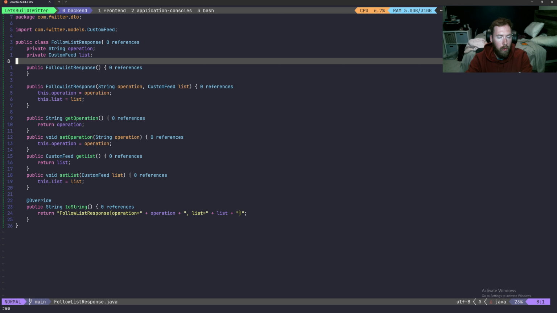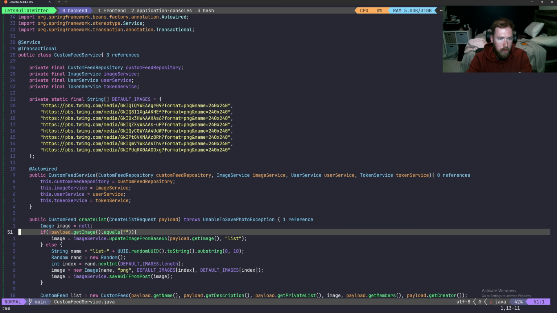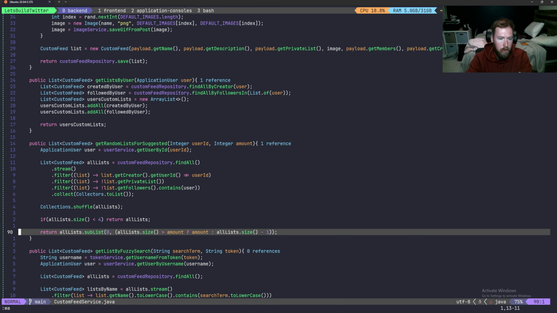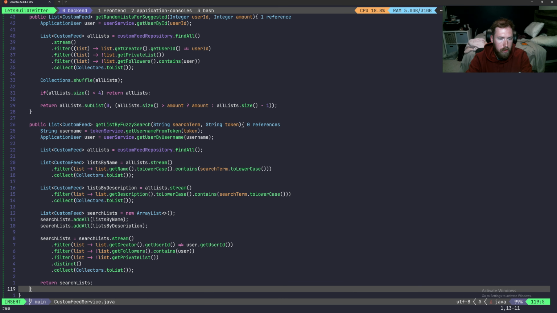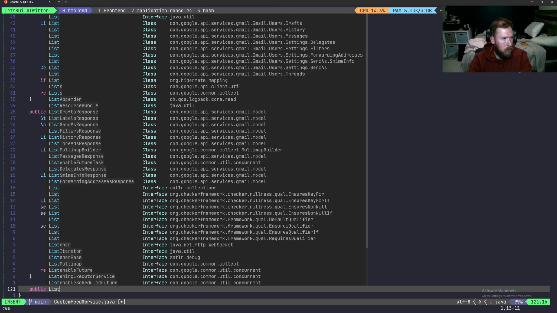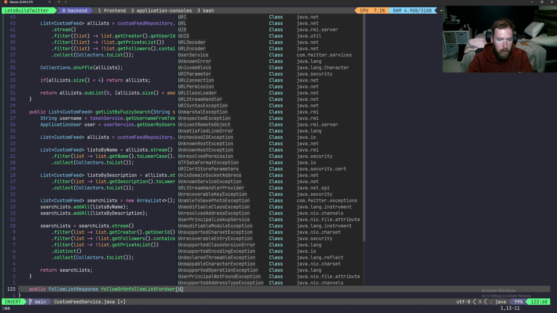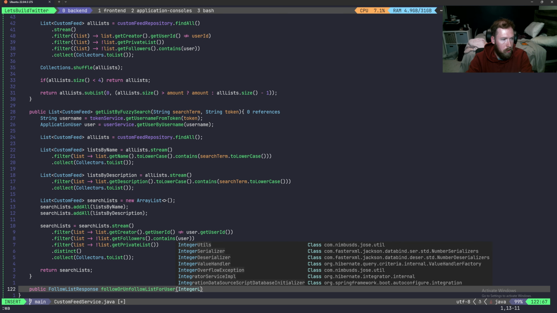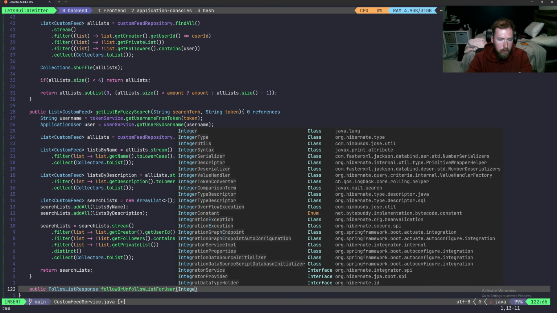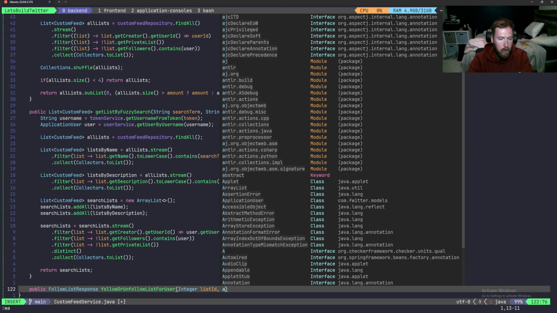So now let's hop into our feed service and set up the logic for following. Let's scroll down. We'll come below where our create list and all that stuff is. Here we're going to have a public, and this is just going to return a single list. Actually, no, I lied. We just made that whole thing FollowListResponse. There we go. Follow, unfollow, and then list for user. A little bit of a long name, but it is what it is. We're going to have an integer, and this will be listId. Integer listId. And then we're also going to have an application